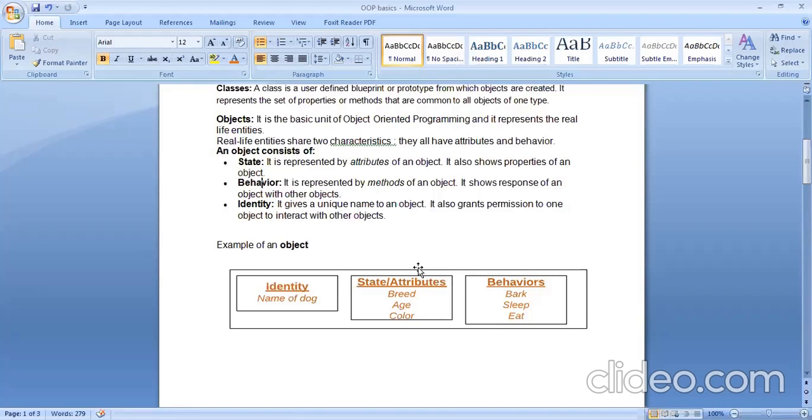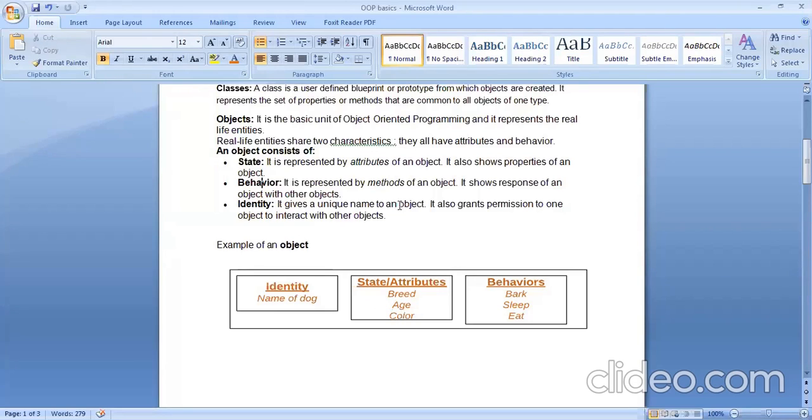Then you should have properties. Anyways, identity comes under properties only. So your name will anyways come under attributes. However, in this diagram, it has been shown differently, but it is the same thing. So properties will describe you. If you divide your properties, then you can have identity, and on one side you can have state.